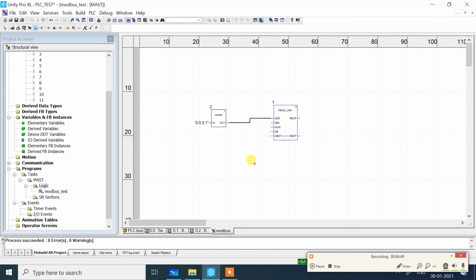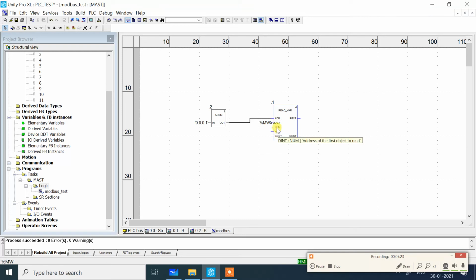This is the address configuration assigned to ADR. What is OBJ? This is the object to read. What type of object do we want to read? There are two kinds of objects: one is a memory word, which is analog, and the other is bits, 0 or 1. Here we want to read a memory object, so again in single quotation marks, %MW. So the object is mentioned as read of words.